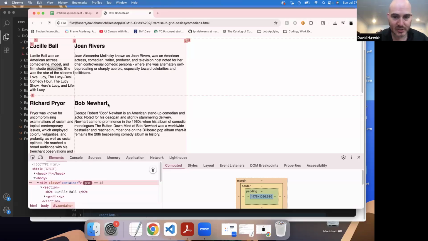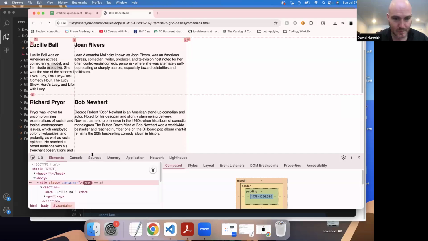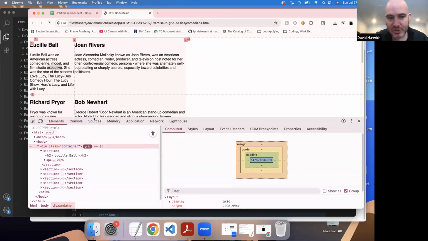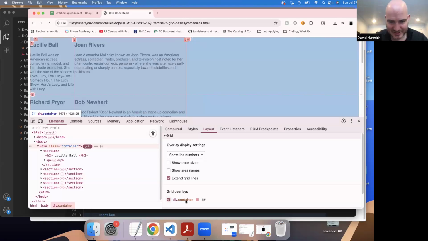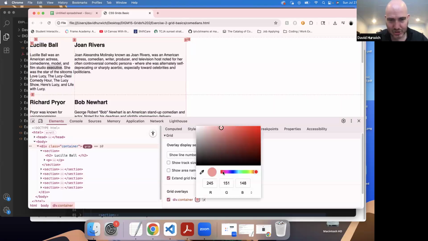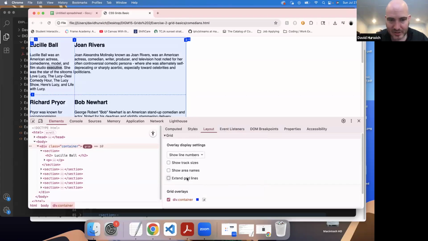This is my column 1. This is my column 2. Once you click this on, you can click it on and off to turn it on and off. It's basically like an overlay. You can go under layout, and if you're in Chrome, this is the color. See how it says grid overlay, and it's saying container. Right now it's like a peach. Maybe I want a really dark red, or I like to use a color that contrasts really well. And so I'm doing that, and then